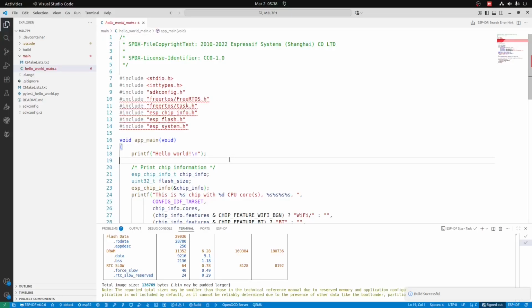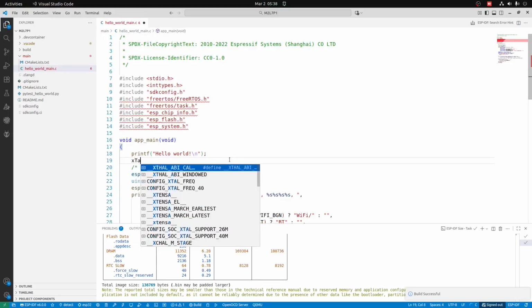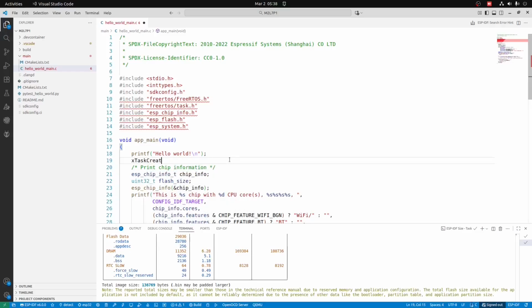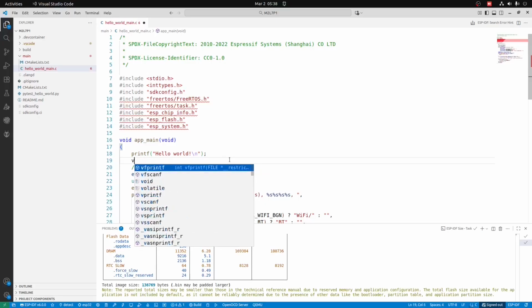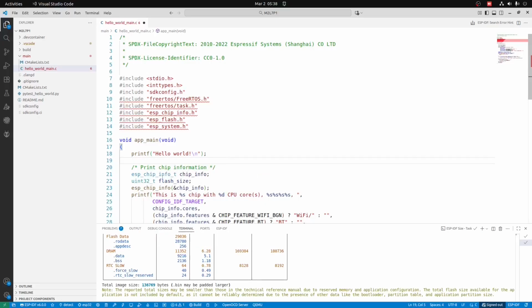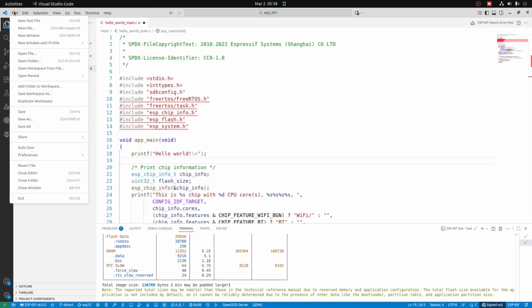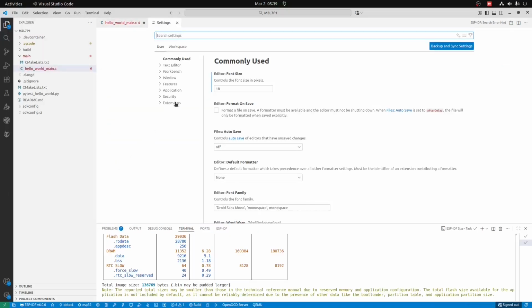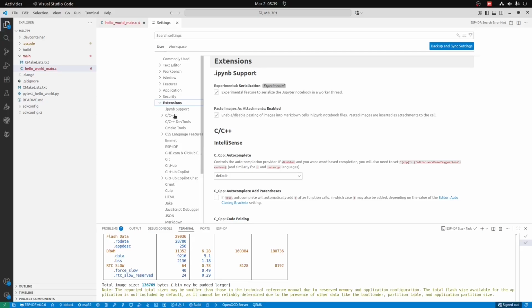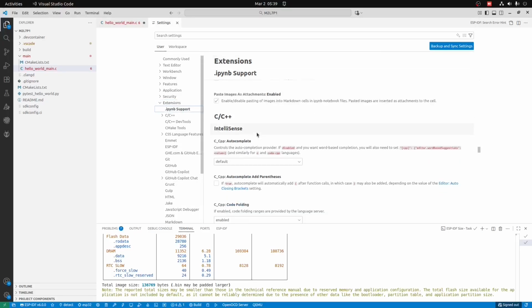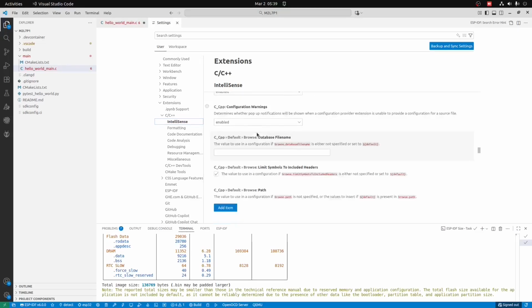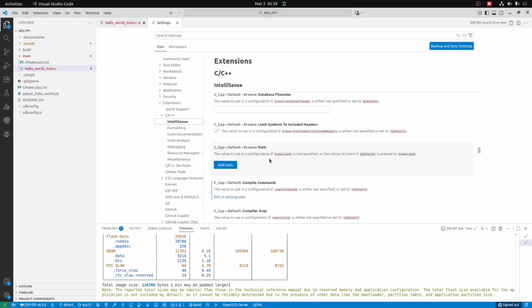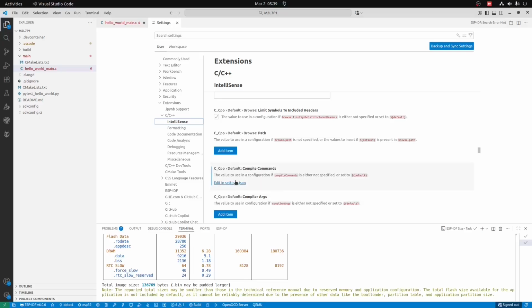We will check whether IntelliSense is working or not. IntelliSense is not working. So we will open settings, preferences, settings, extension,